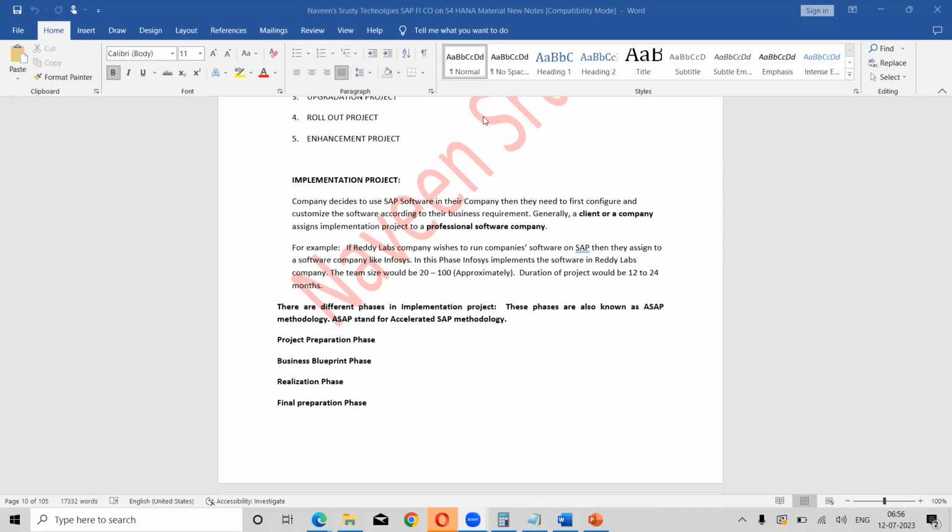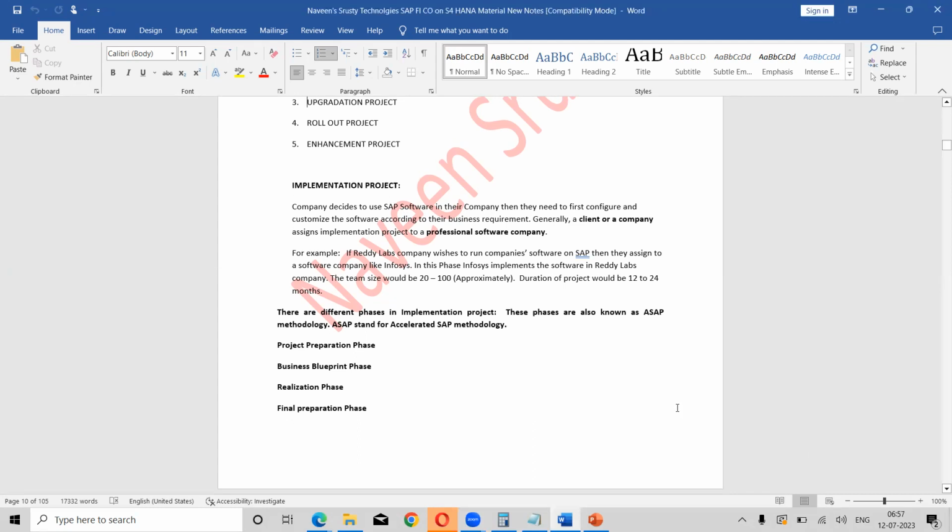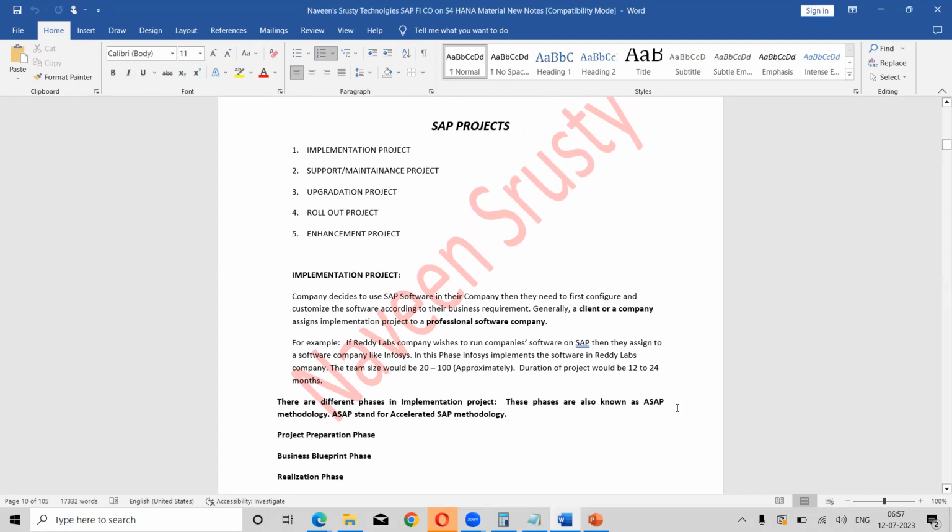Any questions before we proceed from yesterday's session? We have started the project part: what are the different projects we will have in the SAP environment? Clear? So we've started already with the implementation project. What do you mean by an implementation project? We discussed that when fresh software is introduced in any one particular company, that project is known as an